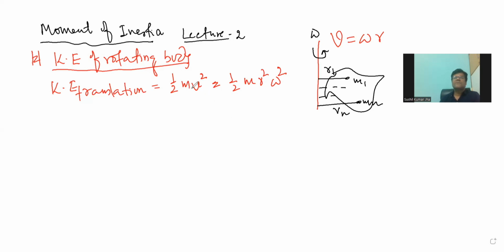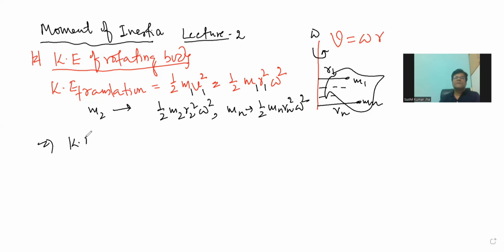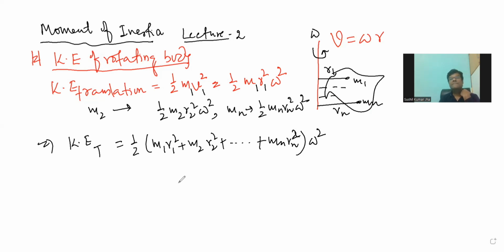about this axis. So for m1 it can be half m1 v1 square, half m1 r1 square. Omega would be same for all. So for m2 we may write half m2 r2 square omega square. Similarly, for mn, it will be half mn rn square omega square. So if we want total kinetic energy net, the half is common. Then we have m1 r1 square plus m2 r2 square plus so on mn rn square, and omega square is also common, which means